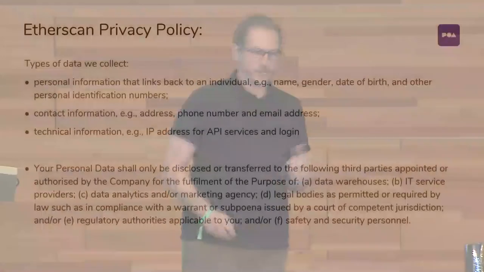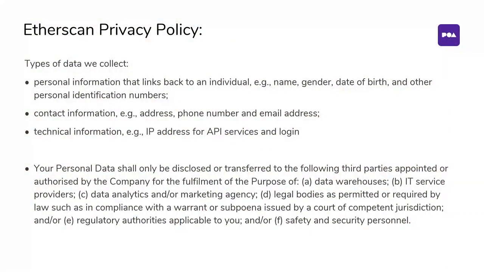Some of the types of data that they collect, potentially, are personal information like your name, your date of birth, other personal identification numbers, contact information, address, phone number, email, technical information like your IP address. And they use this data in ways that we're unsure of, sharing with data warehouses, marketing agencies, and other various organizations. Now, as a casual user of Etherscan, you're probably not going to run into this. If you're signing up for an API key, you probably will. If you want to add your own messages or content, they store that, and we're not sure what they do